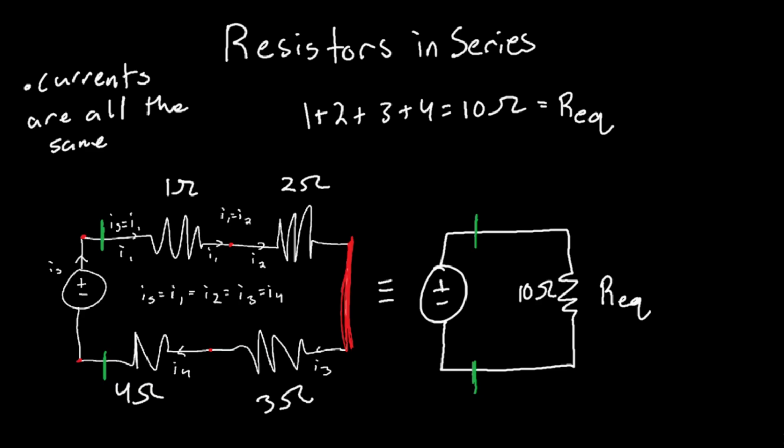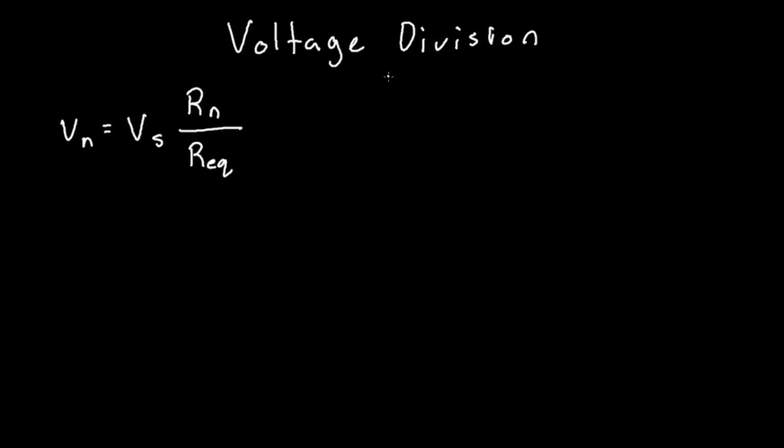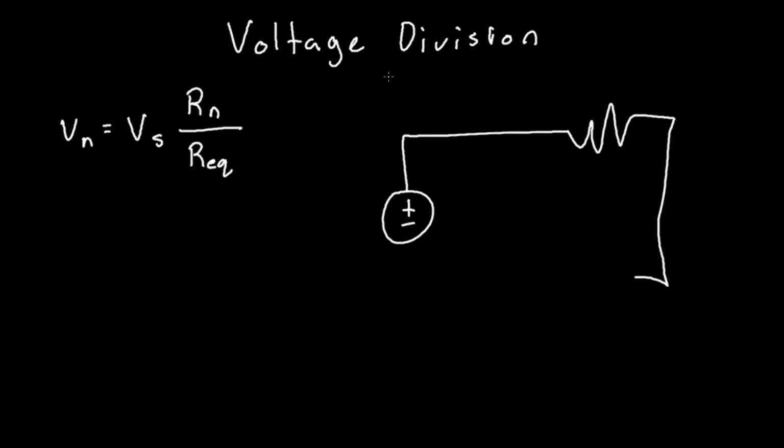But let's go ahead and talk about voltage division. So what you see here is voltage division, and it's a very simple formula. So let's go ahead and draw a circuit diagram to show you what I mean by why it's simple. So let's say you have resistors in series, two resistors in series. R of n and V of n are corresponding components of a resistor. So R of n is the resistance of a resistor, and V of n is the voltage drop of that